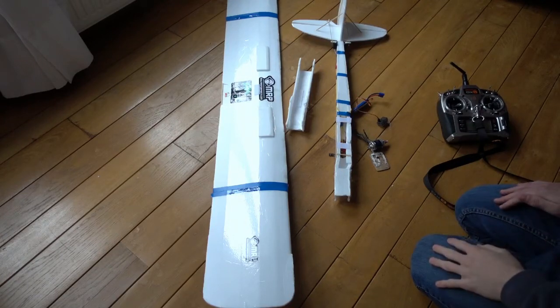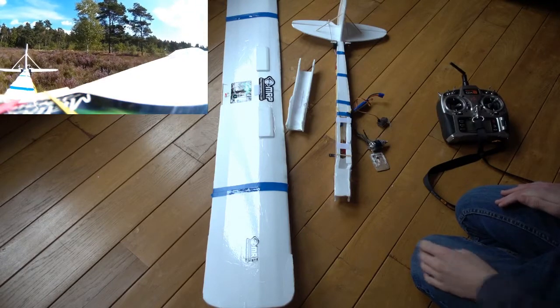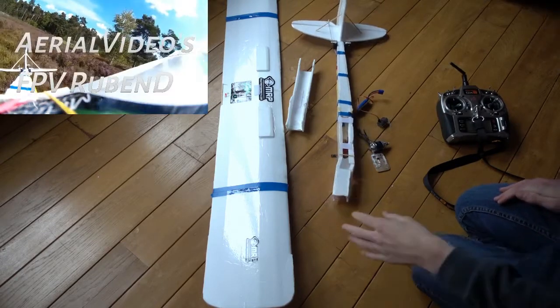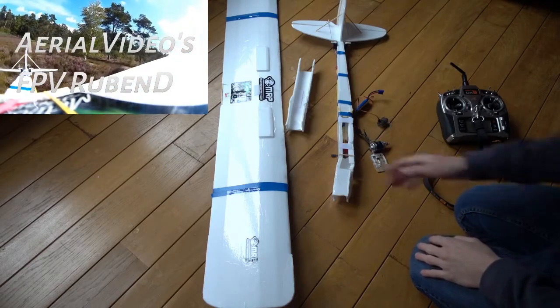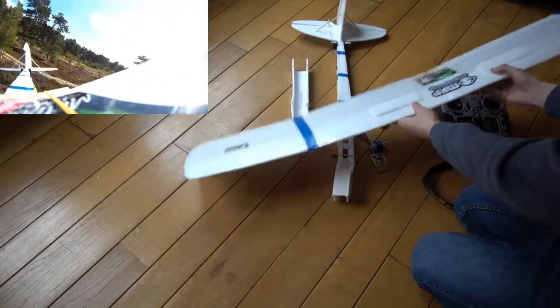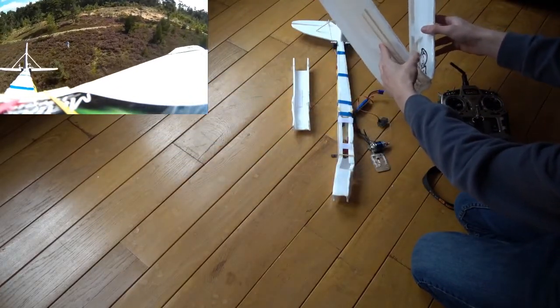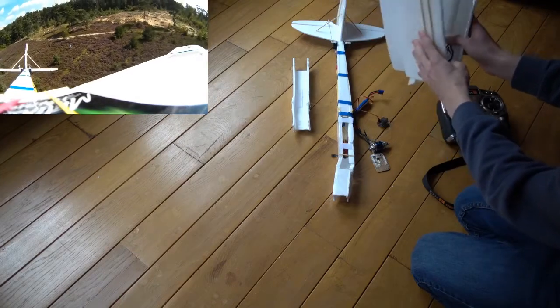Hello, a few months ago I crashed my plane and completely destroyed it. But why did it crash? Well, the wing just snapped, as you can see. It just snapped in half and the plane fell down nose first and